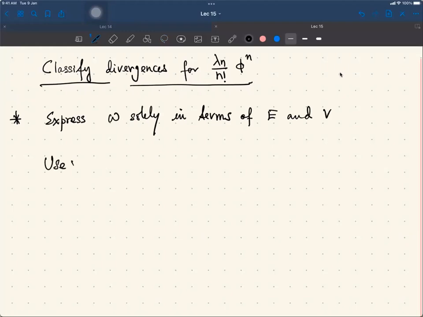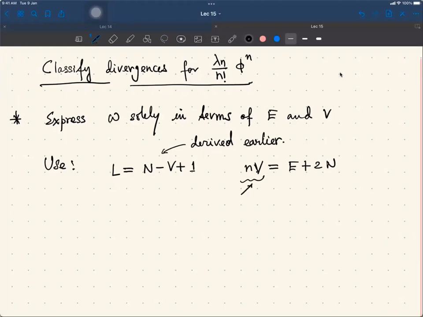How do you do that? Use the two identities. One is n minus L equals n minus B plus 1, which we had derived earlier. It's a property of the graph that we had derived earlier. Another is n times V must be equal to E plus 2n, because this n times V is the total number of lines emanating from